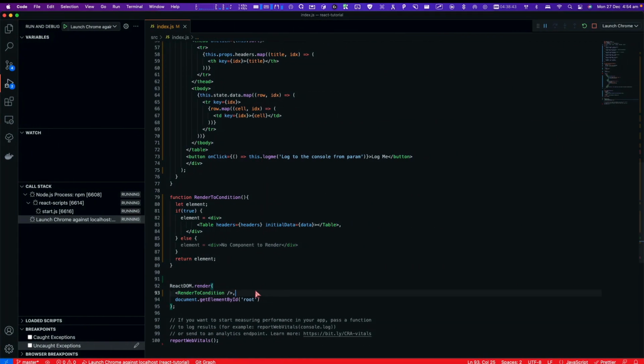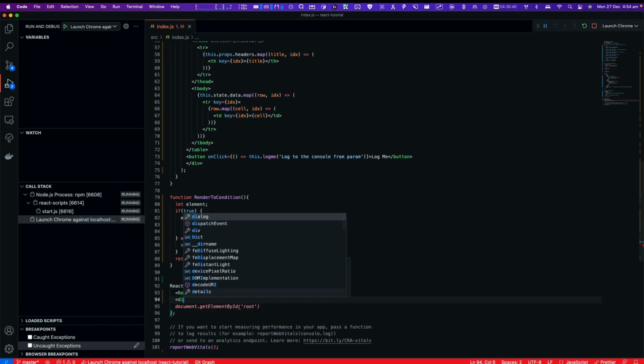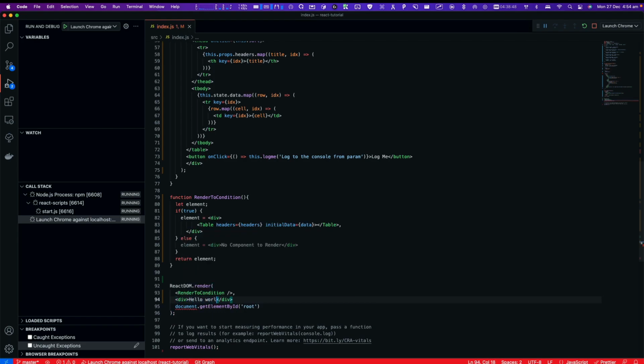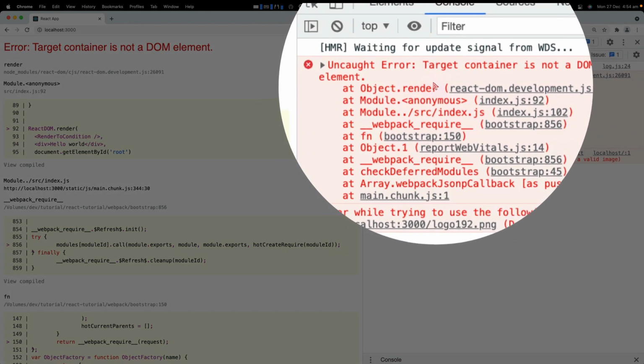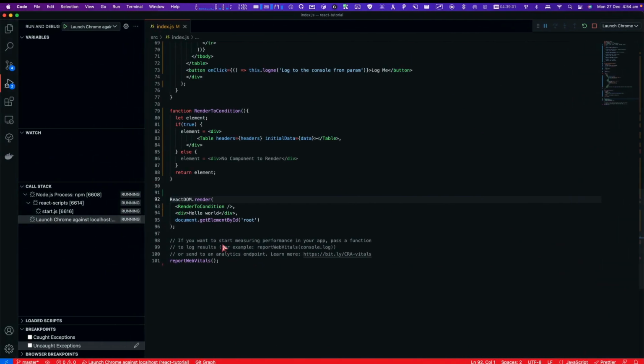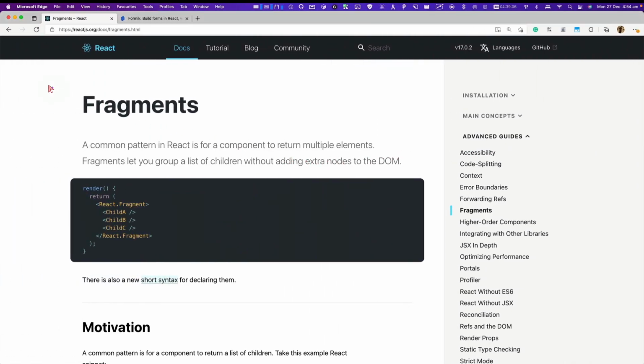So for example, if I go ahead and create this div and I'll say hello world and add a comma. All right, if you look at our application, a refresh, it says target container is not a DOM element. So what's going on? We just added a div here. What's going on? So if you look at React documentation of fragments, it says a common pattern in React is for a component to return multiple elements, and fragments lets you group a list of children without adding extra node